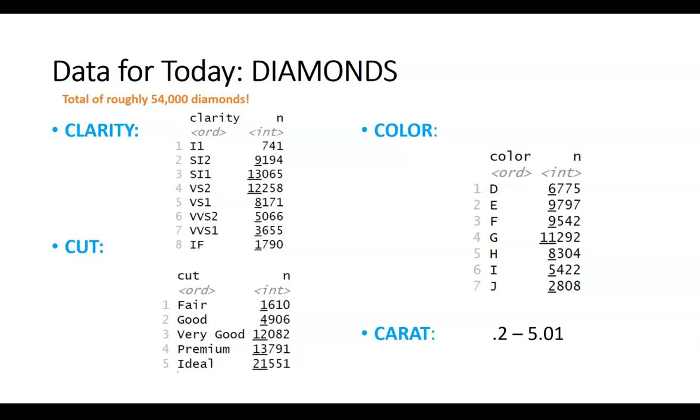And then just to get an idea of what's going on with the carat variable, which remember is continuous, maybe we might just want to evaluate the minimum and maximum values for that. So if I take a look at carat, the minimum carat value that I have is 0.2, the maximum carat value that I have is 5.01, and then for these other categorical variables, we can perform a count on how many we have of each type, and I've chosen not to sort by the number of things that I have. We're not seeing things in descending order here because I want to point out that you don't need to memorize